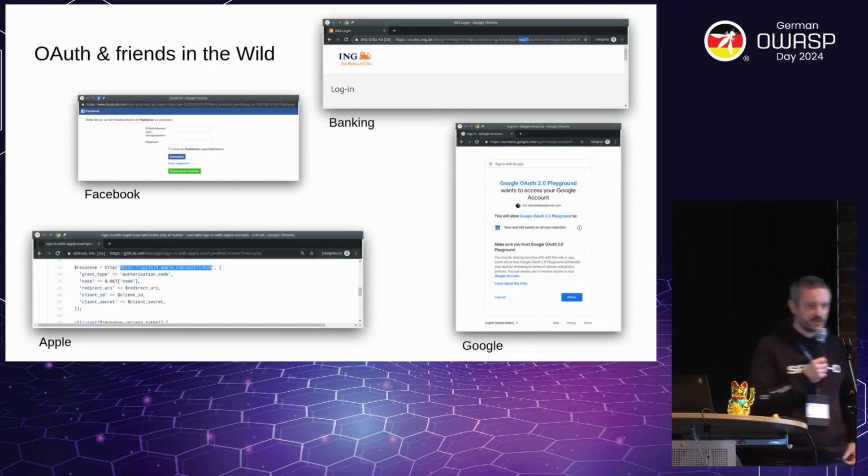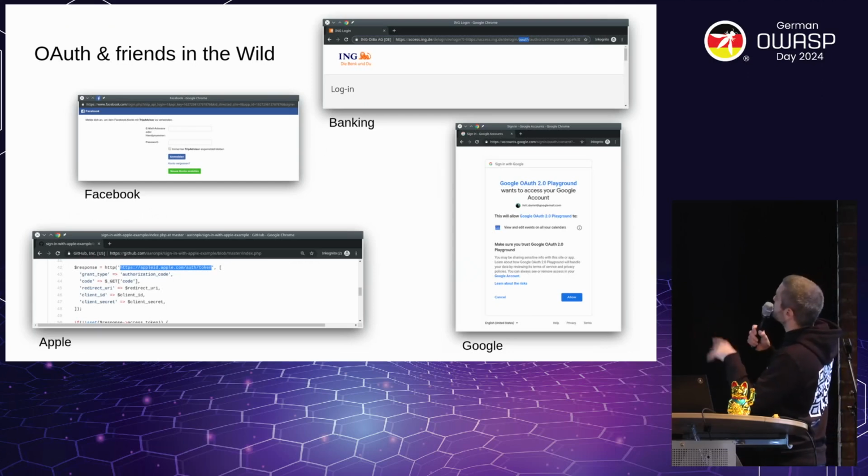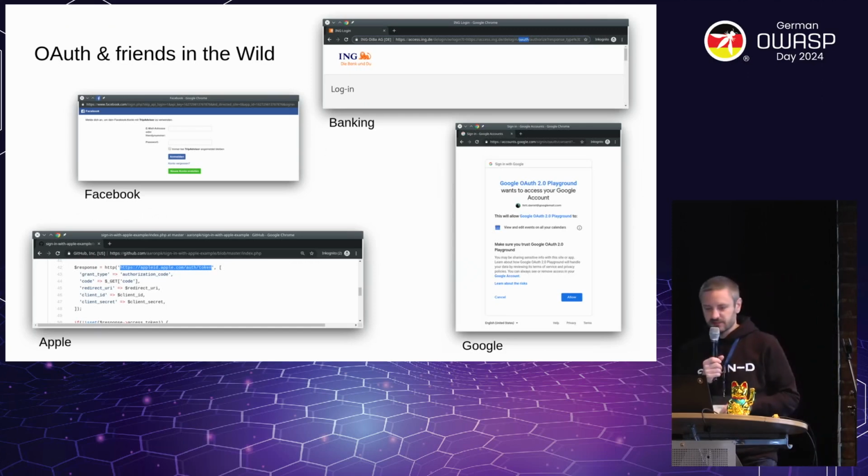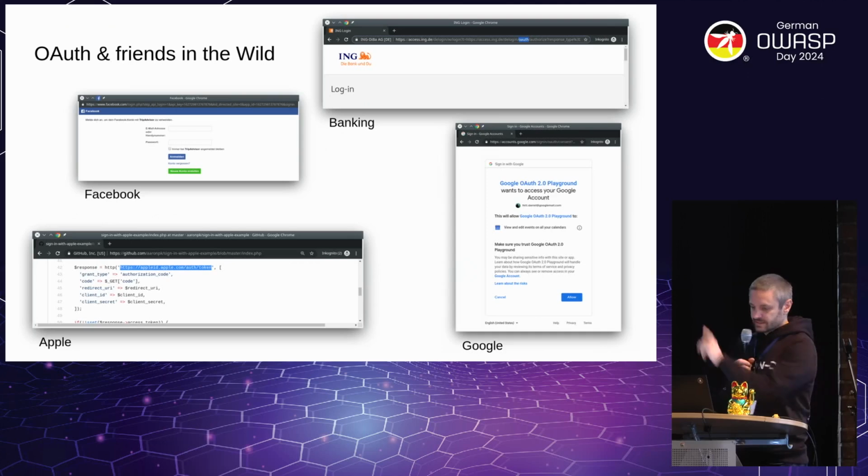And when you think about OAuth, probably you have pictures like these in mind. Stuff where you can do sign in with something. If you have Google Auth applications that can access stuff. Banking, I already talked about that example. Even Apple is doing some kind of OAuth-ish way for the Apple sign in and stuff. But that's really just the tip of the iceberg.